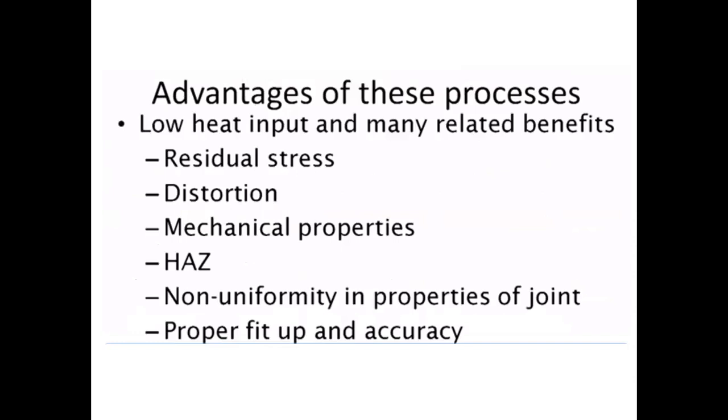Advantage is it's a low heat input process, right? That solder gun will not be heated much. Because we're saying if the filler metal melting point is lower than 450, then we consider it to be a soldering process. So you can imagine 450 as compared to 1100, 1200 like that, right? As for steels, etc., when we're trying to weld them with arc welding or MIG or TIG welding. So comparatively, this is a low heat input process, right? And therefore, you would have corresponding benefits.